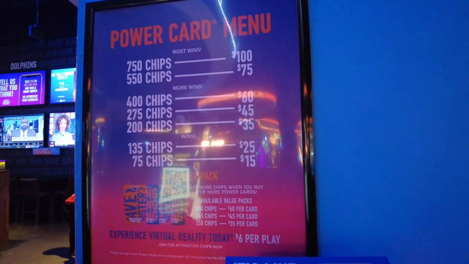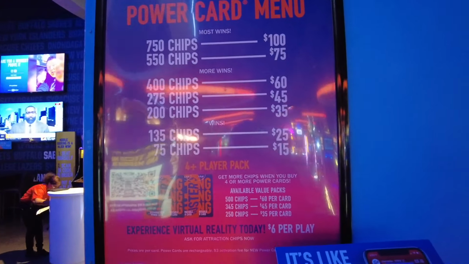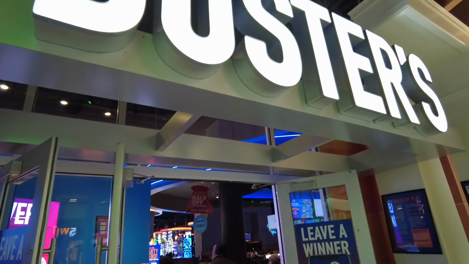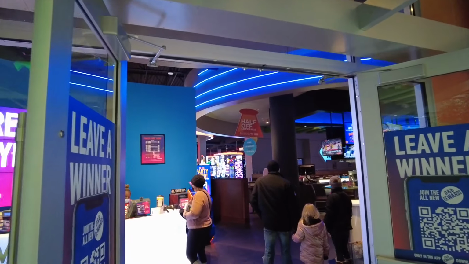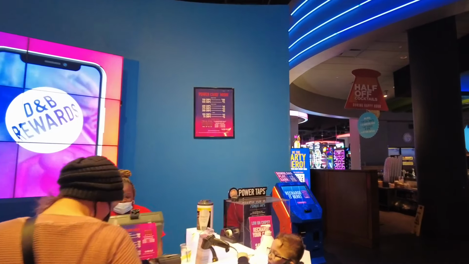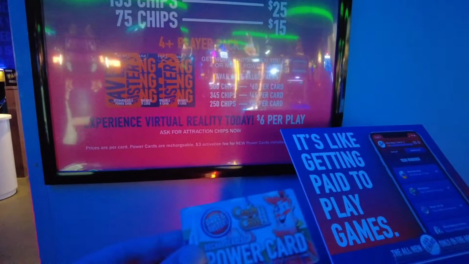All right, so if this is your first time at Dave & Buster's, right around the corner here is the front desk. You're gonna wanna stop at the front desk and get a power card. They'll give you a power card. Now you do have to pay a small fee. It actually will say right here, there's a $3 activation fee for a new power card. But what that does is it puts that $3 onto your card. So you have to pay $3 to get a new card, but it will give you 15 credits or chips